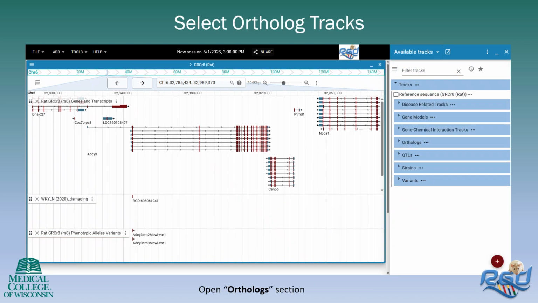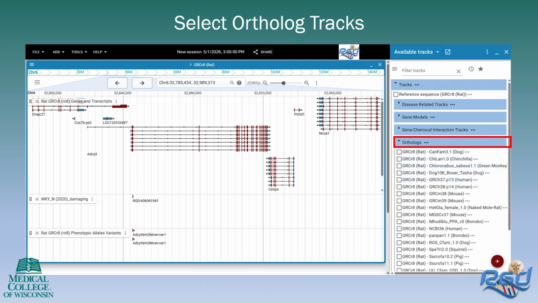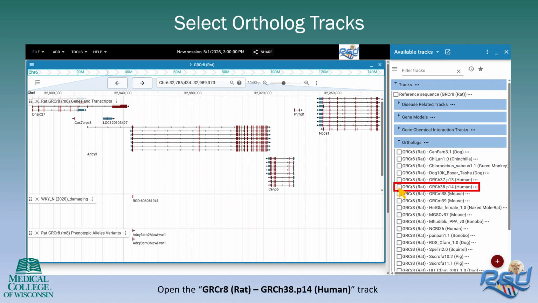To help users see genes in their species of interest that have orthologs in other RGD species, RGD has created ortholog tracks for JBrowse 2. In the track selector, click the Orthologs category to open the track list. You will see that RGD provides ortholog tracks between genes in GRCR8 and at least one assembly for all of the other species in RGD. To view the orthologs in the most recent human and mouse assemblies, select GRCR8 rat-GRCH38.P14 human